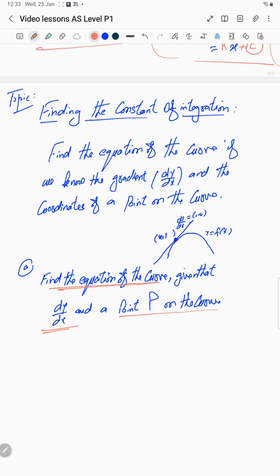So think of this: suppose you are given dy by dx is equal to 3x square plus 5x plus 2. The point P is, suppose, (1, minus 2). So what are we supposed to find? We are supposed to find the equation of the curve whose gradient is this. Whenever we need to find the equation of the curve whose gradient is given at a certain point,